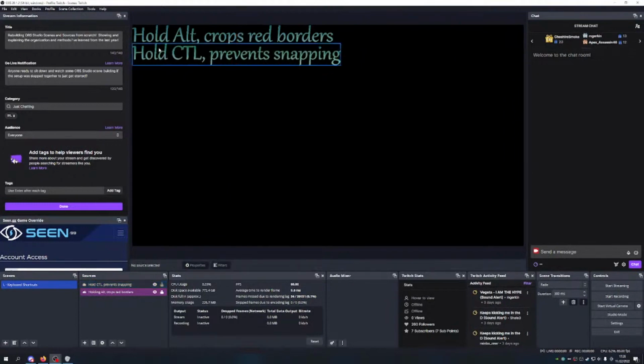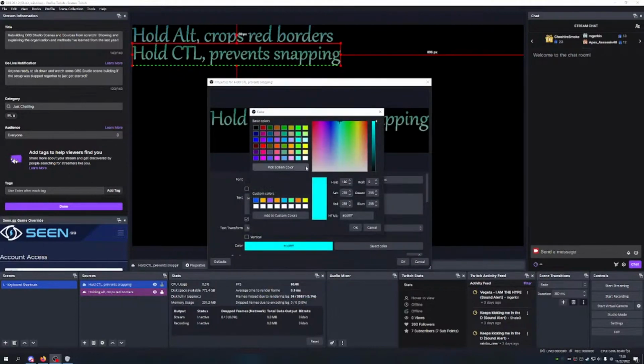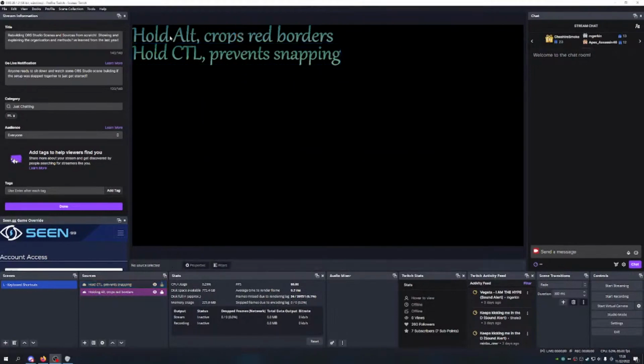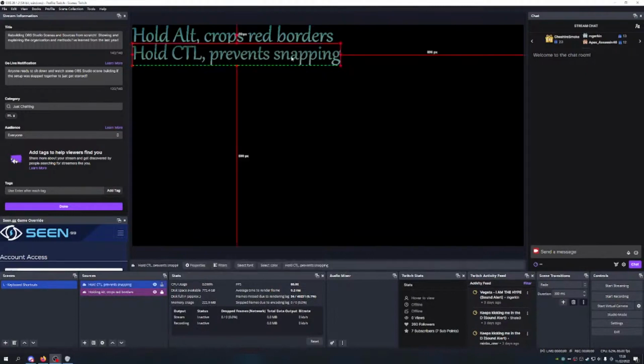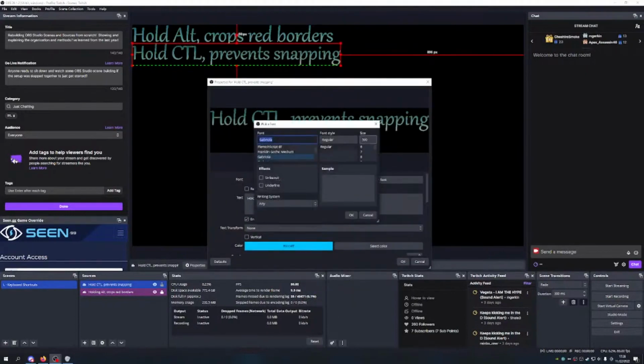So apparently I did the coloring a little differently here. If you go back to properties, I can just click a different color. There we go. I think we matched a little closer to the same kind of color. And then if you want to shrink this, I wonder, if we go to select fonts and we go to like 250,